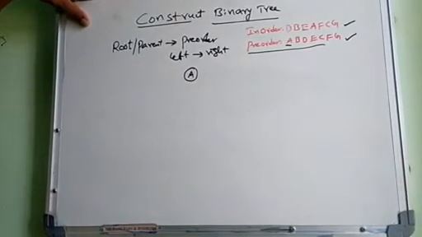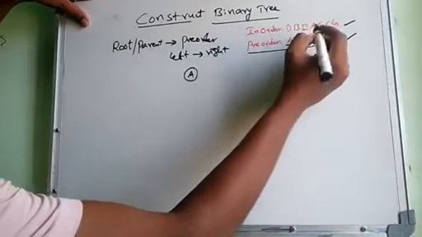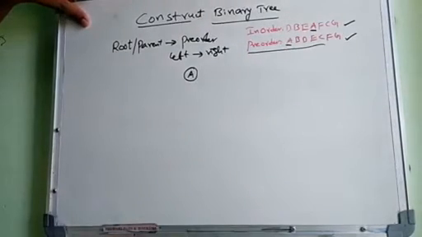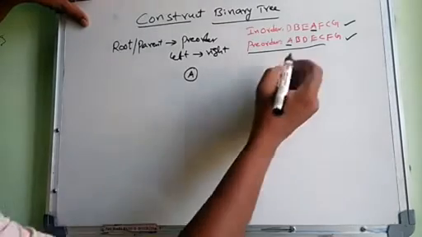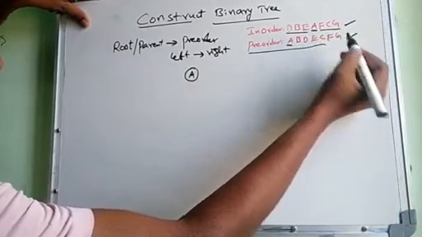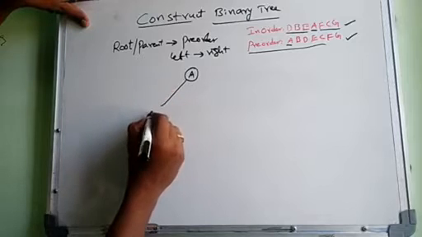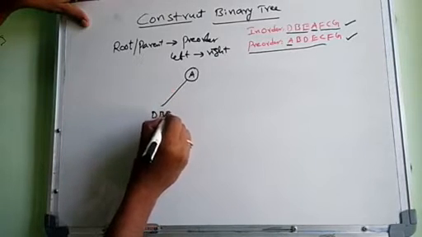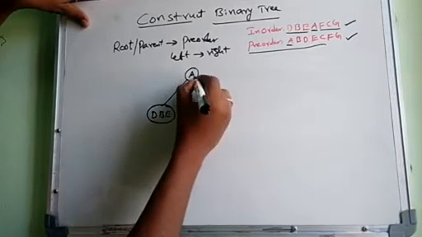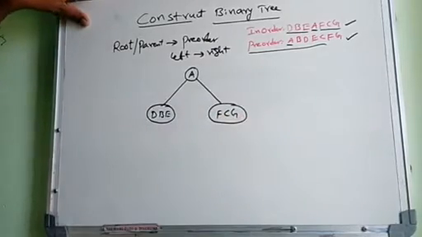Once the root node or parent node is created, then go for the children of A. How to find the children? Go for in-order. A is already visited, so mark A. What is the left and what is the right of A? The elements on the left side and the elements on the right side become the left and right children. Now D, B, E is the left side, and the remaining F, C, G is the right side.